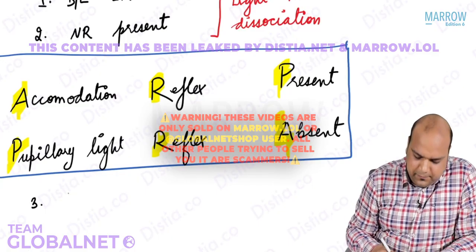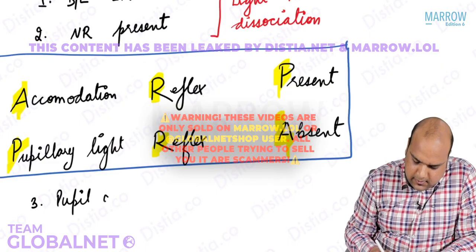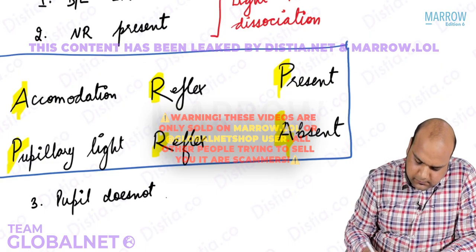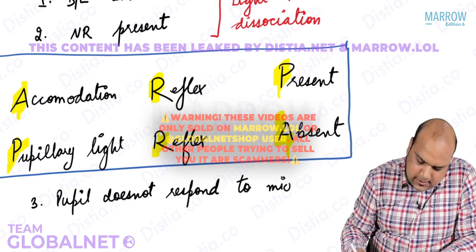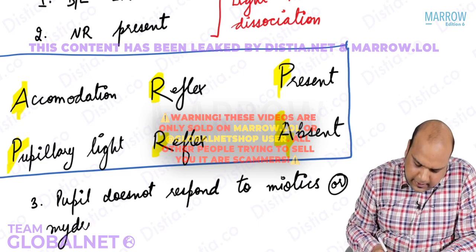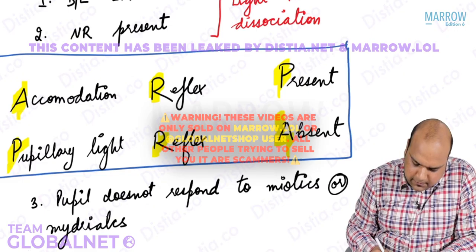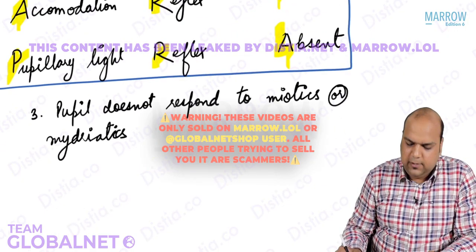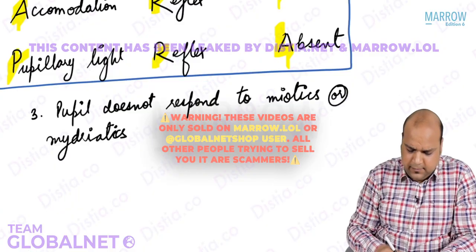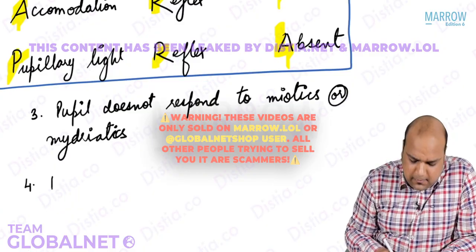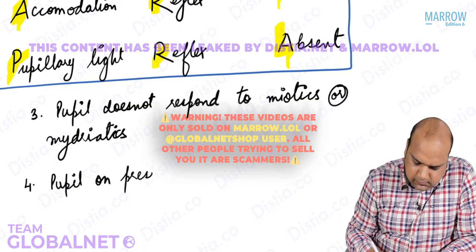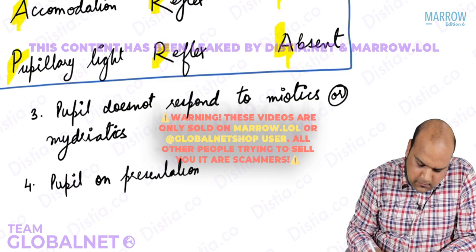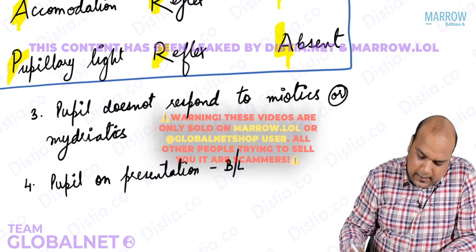Clinical feature number 3. Pupil does not respond to either miotics or mydriatics. Mydriatics like atropine, miotics like pilocarpine. The pupil will not respond to any pharmacological miotic or mydriatic. And lastly, pupils on presentation are bilaterally